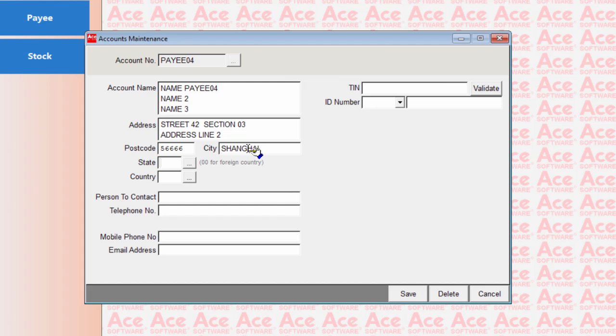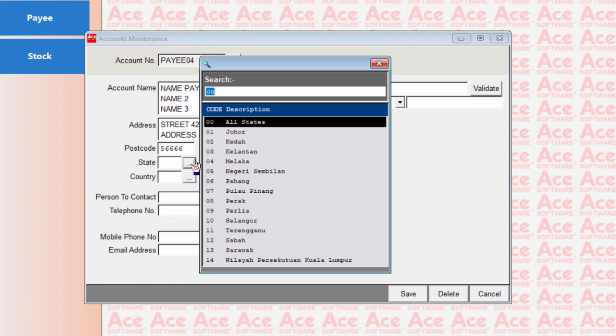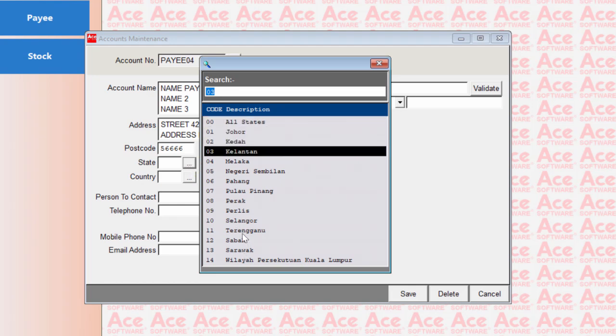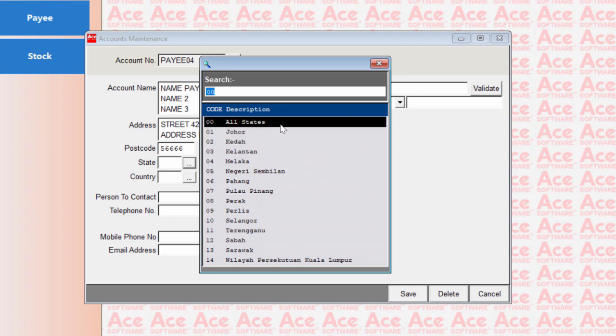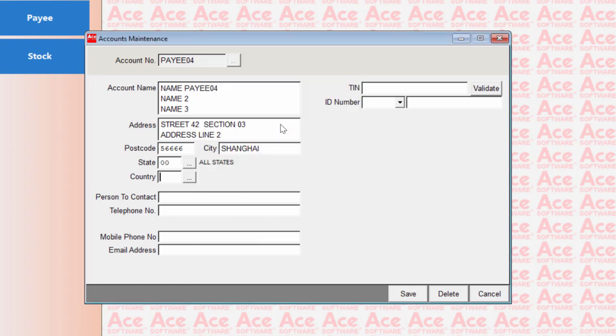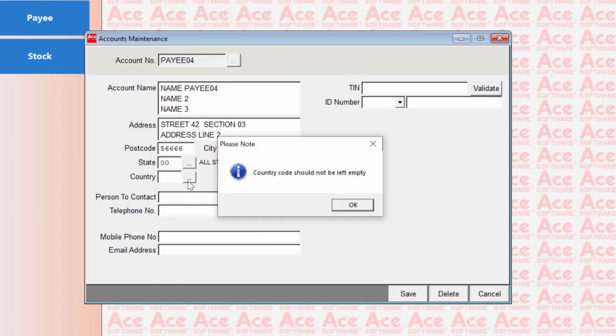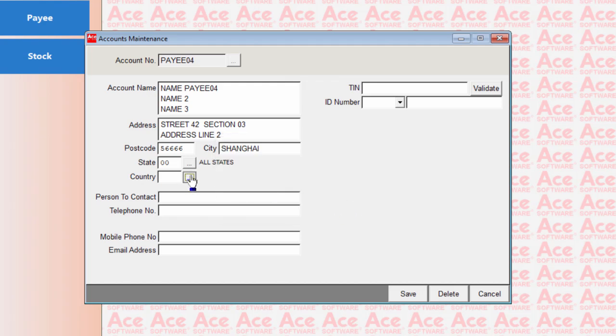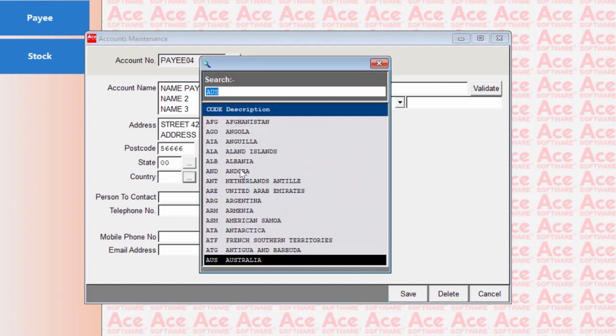Now for state, if it's a Malaysian state, of course you can have a pull-down here with the different states. But if it's overseas, these states are not inside there, so you will use 00 for overseas. Okay, country, you really have to choose the country. There's a list of countries already. So for example, if this is in China,